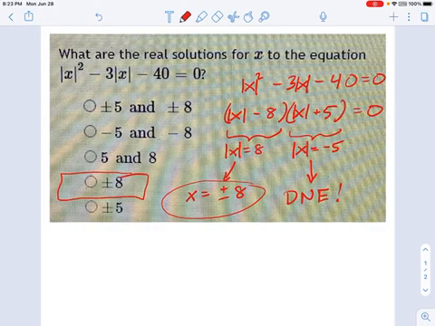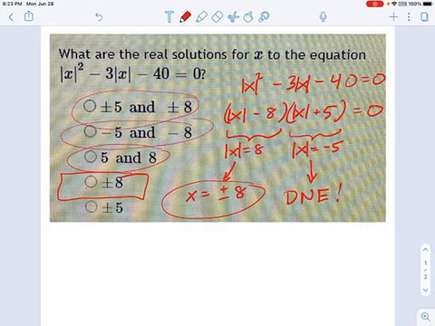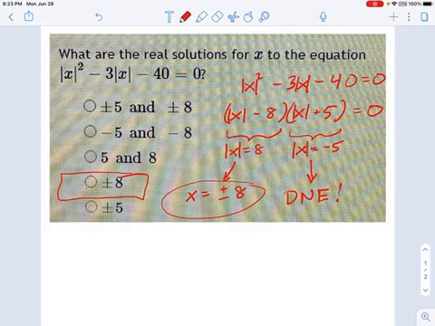Even though you see there's all sorts of other answers to choose from. 8 and negative 5. Is that in here? That isn't in here, but 8 and 5 were in here, negative 8 and negative 5, plus or minus of each one. That's a popular choice because you think, oh, absolute values, that means I get both sides. But that's not quite true. This one takes a little bit of caution when dealing with those absolute value signs.